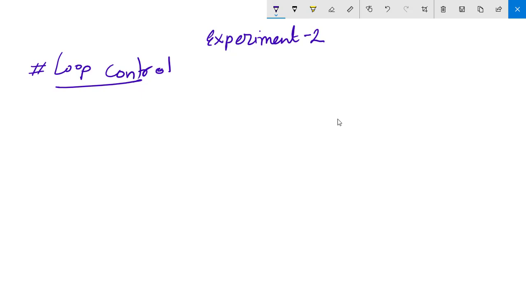We will write a for loop. This will start as this, for. Then we have to choose one loop controlling variable. Normally we use I as loop controlling variable. In some cases we have nested loops.